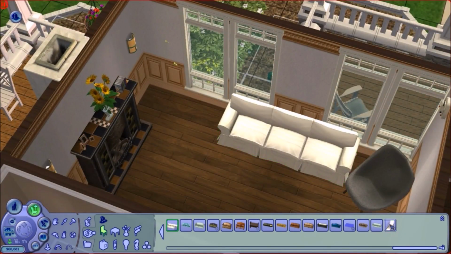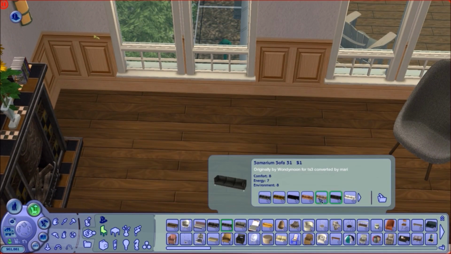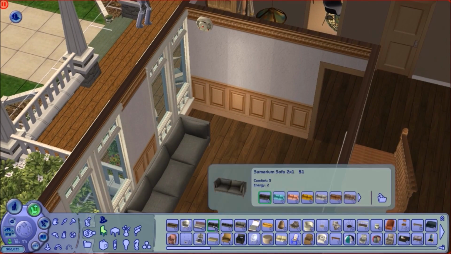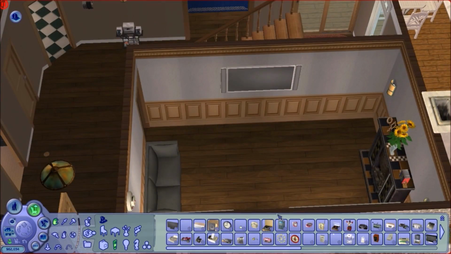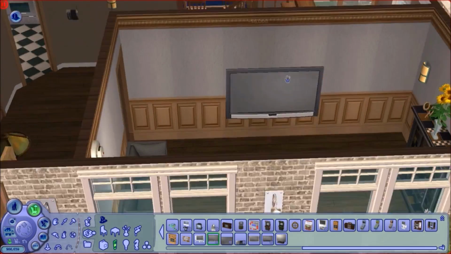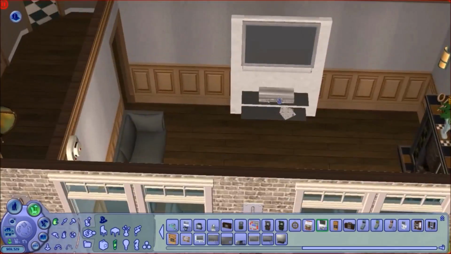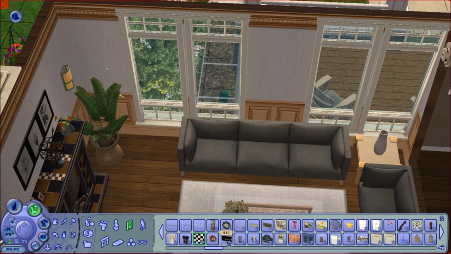I love gray. It's one of my favorite, I don't want to say colors because it's not a color, but I really do like gray. So I go with gray. As you can see with the sofas and the love seat I put down right now, I go with gray and white. But I still felt a little bit not satisfied with it,